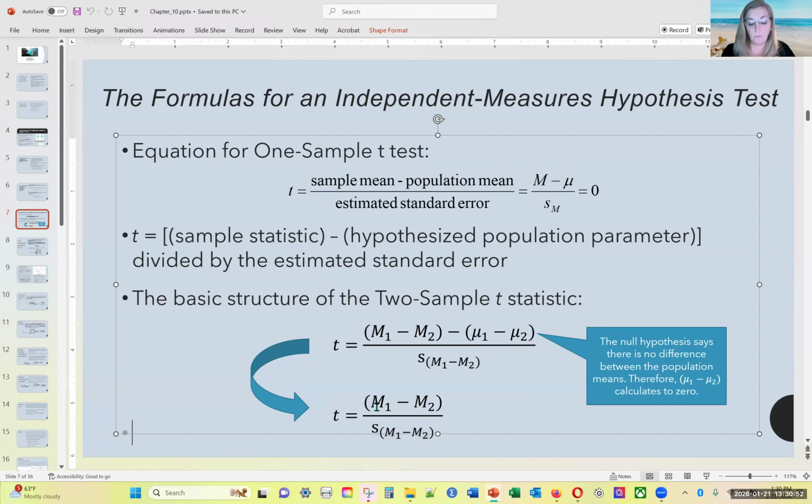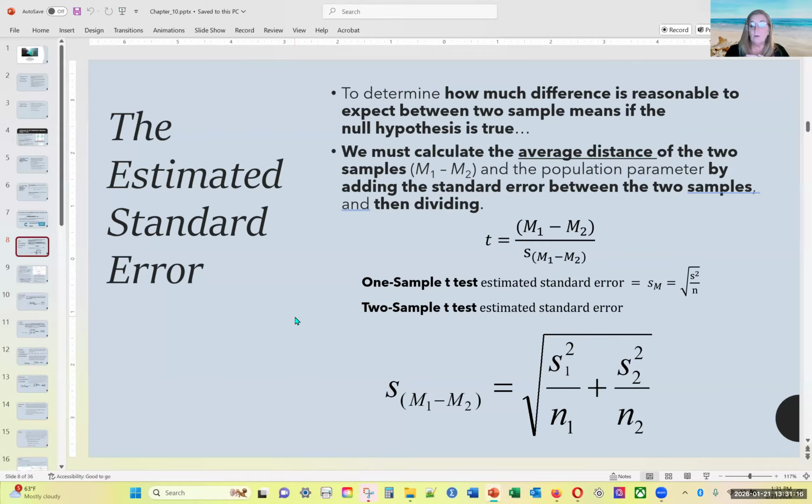All right, so it's the difference between your two sample means divided by standard error. However, we have to calculate standard error from both groups. Okay, and we'll look a little more into that. All right, so to determine how much difference is reasonable to expect between your two sample means, if the null